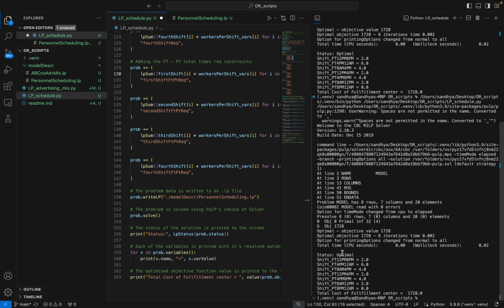When we run this code, we see we get an optimal status, which means the problem has been solved optimally, and we get the same cost as the one that we see in the Excel model, which is 1728 euros per day to run the fulfillment center. And if you observe closely, these decision variables have the same output as the one we see in the Excel spreadsheet model. I hope this video gave you a flavor of solving a bit more complex linear programming model using